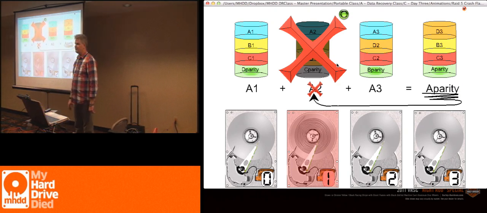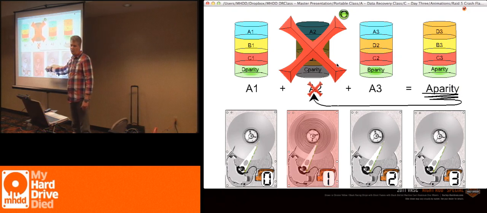Now, this is the other thing people do all the time that's really bad. They image the 2 good drives. Now, the only reason you image the 2 good drives is if you're going to use those for parts. You don't need to image them right now because you will spend hours imaging 2 drives and you haven't fixed these 2. So unless you're going to steal parts from them, there's no reason to image those right now and waste the time. You need to fix these 2. If you cannot fix